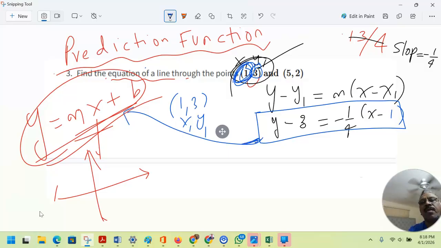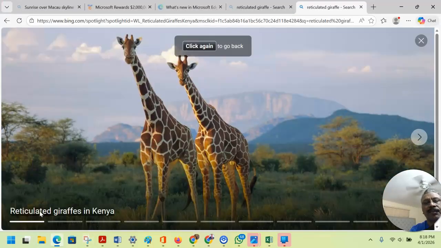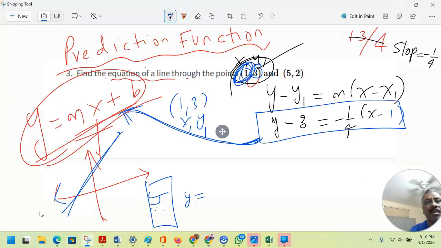Now this part is already done, but we need to change it to slope-intercept form. You can't keep this equation because we need to write it in slope-intercept form, so that if you want to graph, then we know how to graph the line. That's also why, if you want to put it on the calculator, you have to put it in the y editor to write the equation. Okay, so what you do next is,